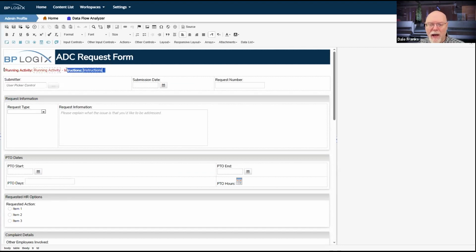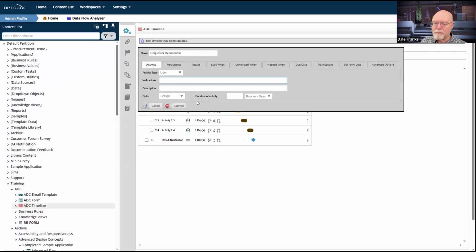Okay, up here at the top, I've got the system variables. We talked about them last week. This instructions one is important. I've got to tell the user what I want them to do during their process timeline activity. Those instructions are provided here in the instructions property of the process timeline.